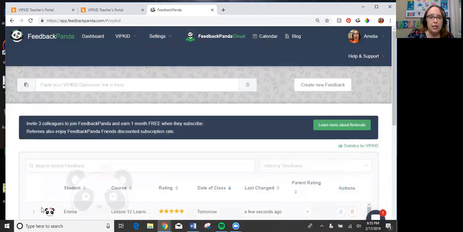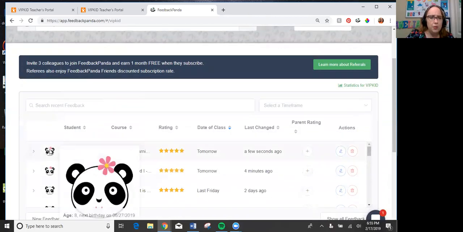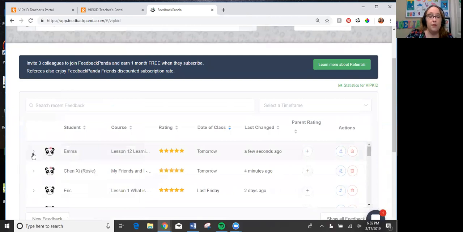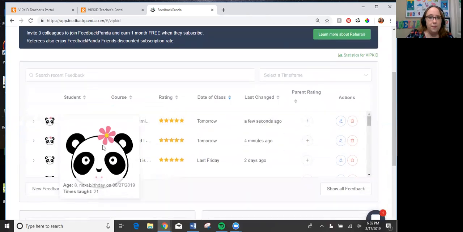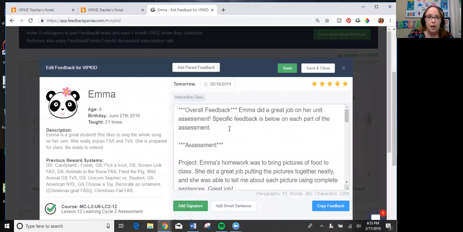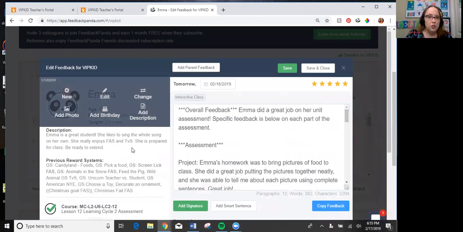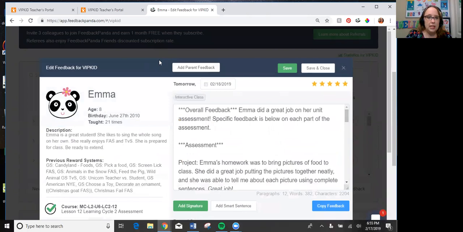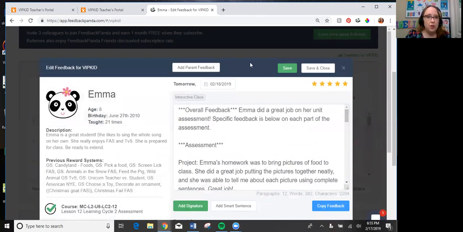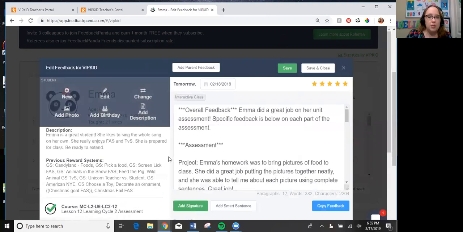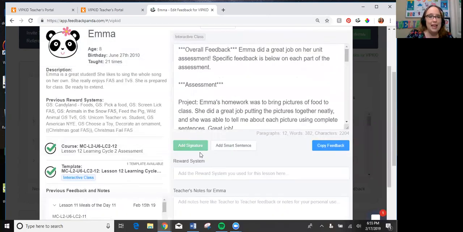One of the other great things, and I just know I've written another post, a blog post about Feedback Panda, but I just love this because when you open this up, not only do you see the feedback that you have, but you can see a description over here on the left. You can easily see her age. Oh gosh, sorry about that. In the upper left-hand corner there, you can see her age and her birthday, how many times you've taught the student. You can see at a glance all of the previous reward systems, which I think is just fantastic because